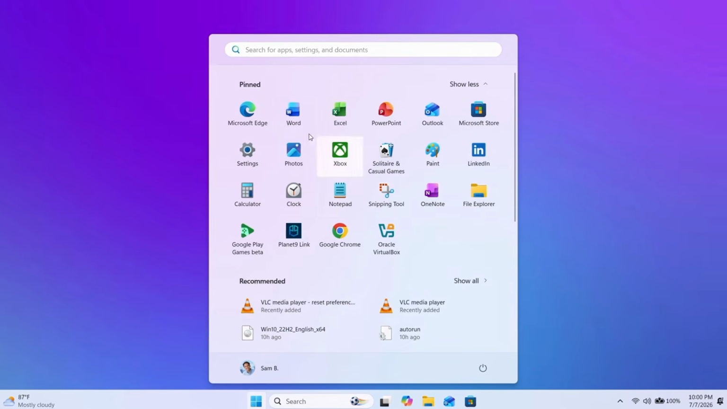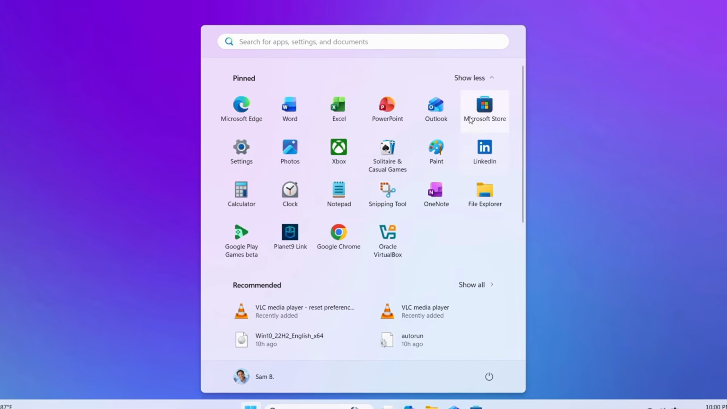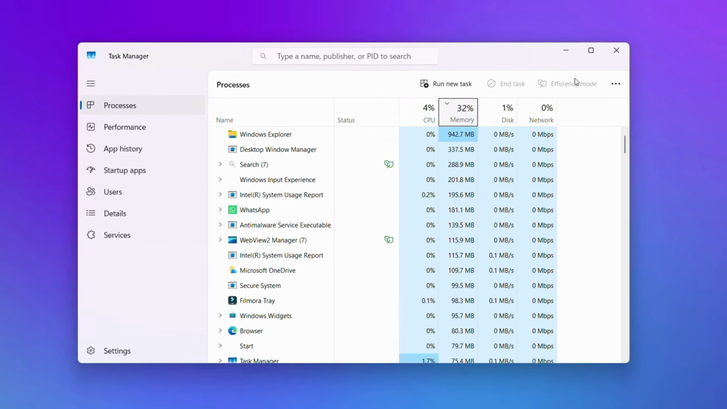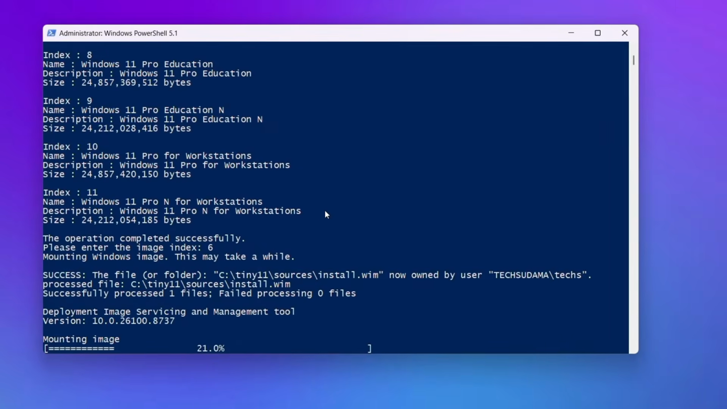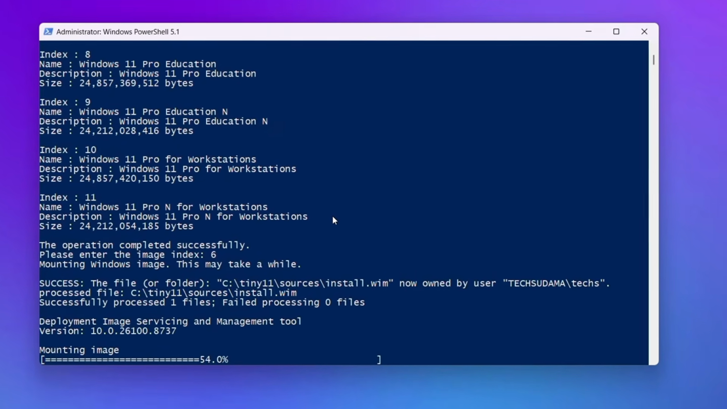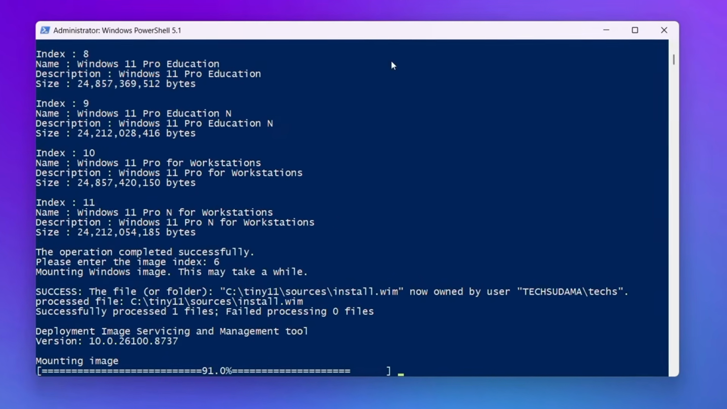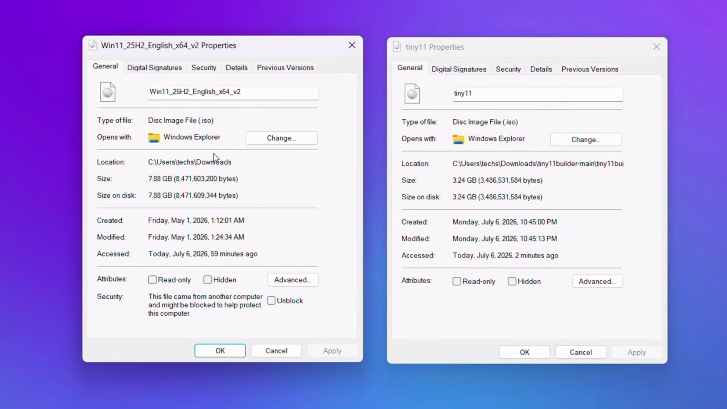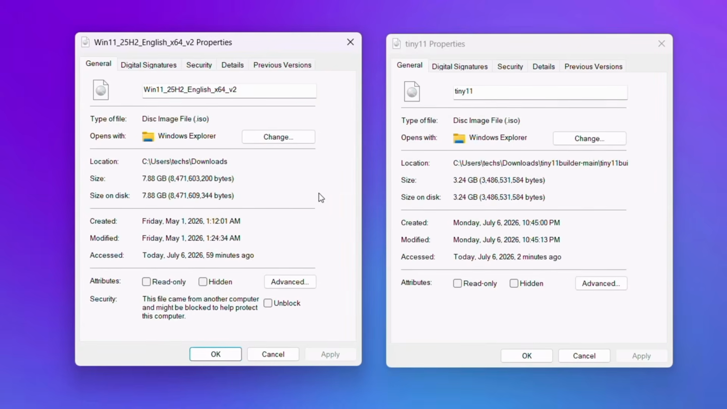Every time you install Windows 11, you also install apps you never asked for, background services you don't need, and features that slow your PC down. But what if you could create your own custom Windows 11 ISO that installs only what you want right from the very beginning? In this video, I'll show you how to build a clean, debloated Windows 11 ISO using free